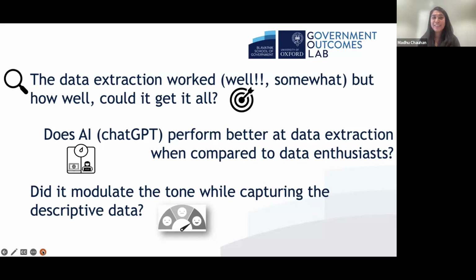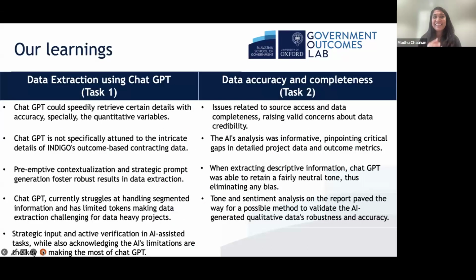And if we can go to the next slide, these were our learnings from the tasks. Matthias, do you want to take one bit of it and I can take the other? Sure. Thanks, Madhu. I think it's funny how we were discussing what have we learned, and at first I